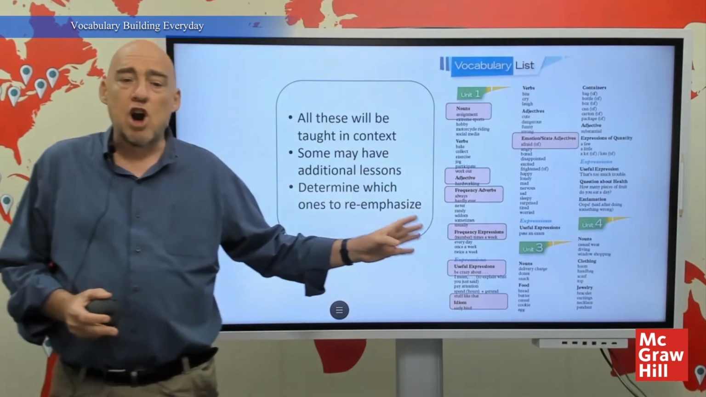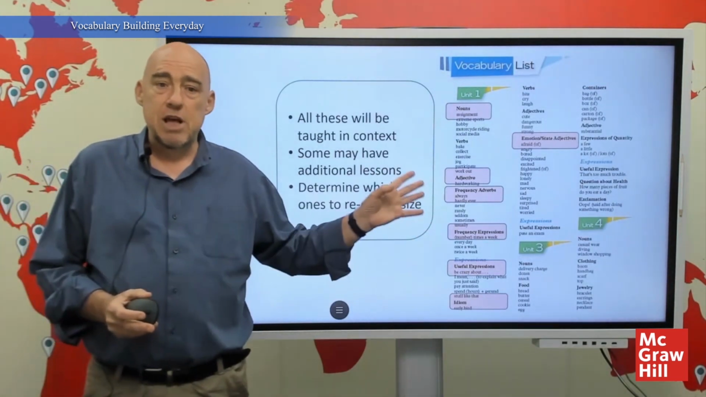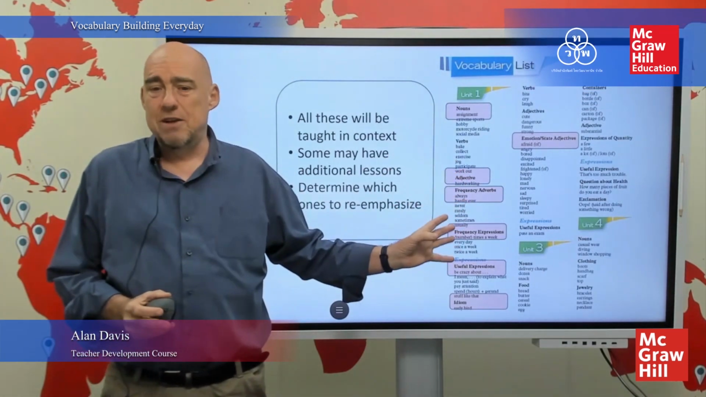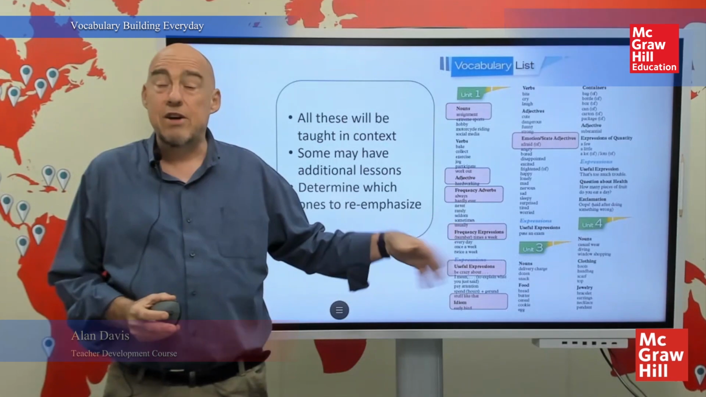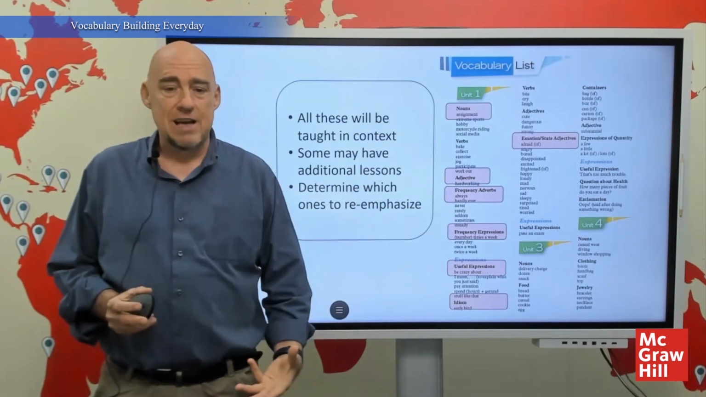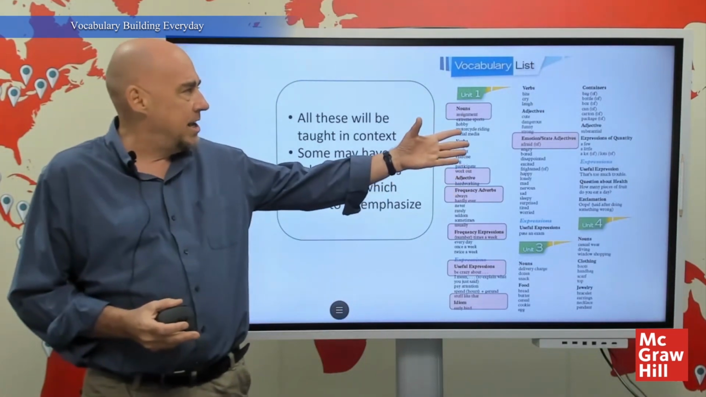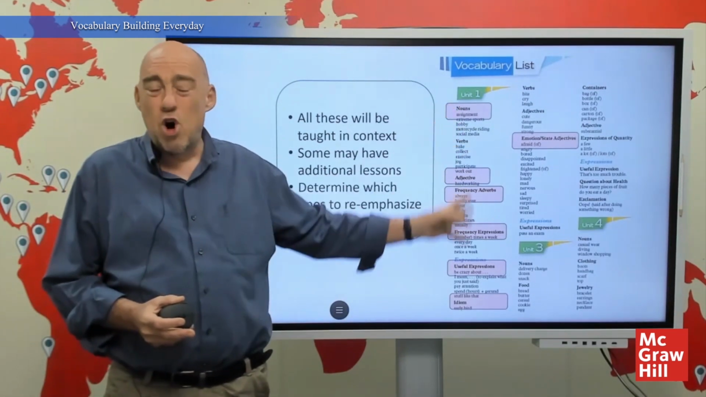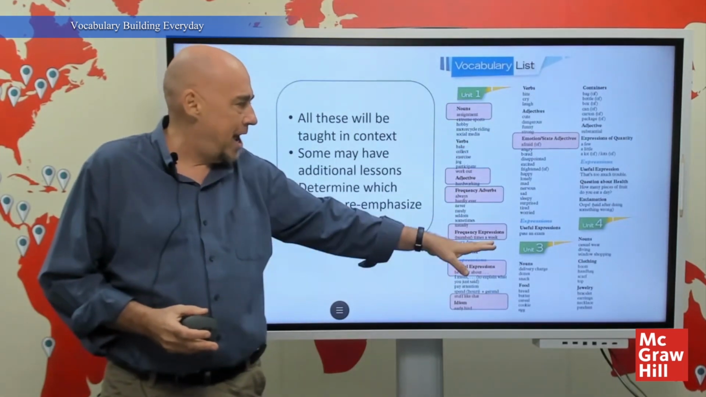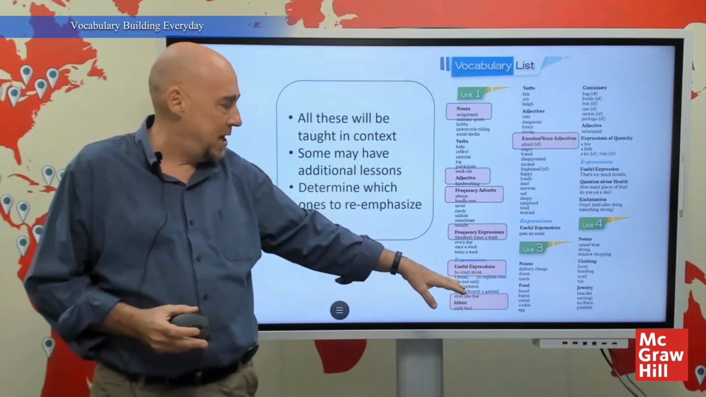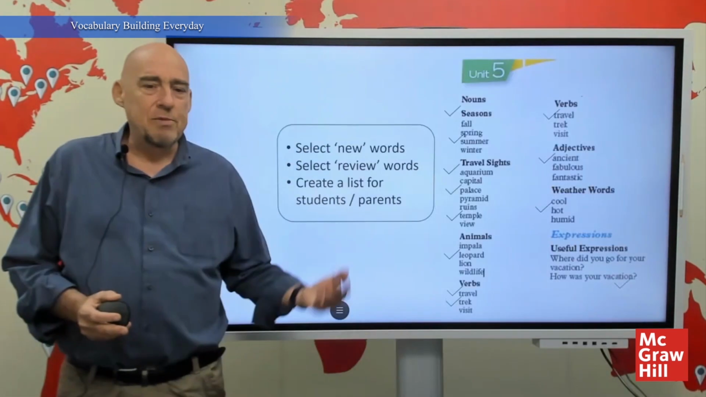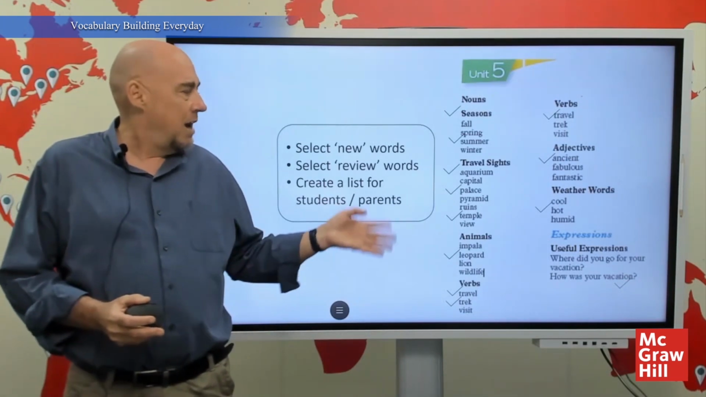that all of these words are going to be taught in context at some point. But just decide what things you think are most important, which ones you want to have additional lessons in. Determine which ones you want to re-emphasize. You can see some word lists will actually have a few more or less detail. So here you can actually see there's expressions as well as parts of speech, useful expressions, all these kinds of things, even some idioms. So I'm going to look at Unit 5, and I'm just going to go through, and